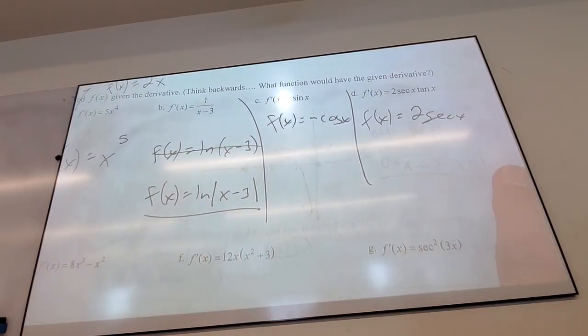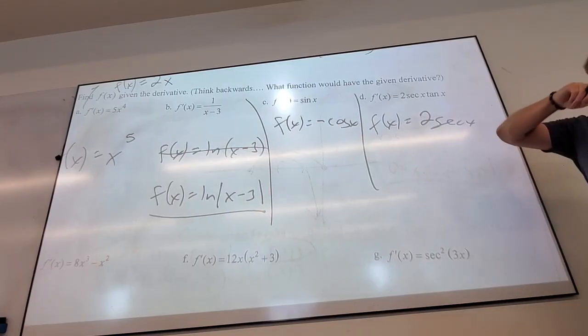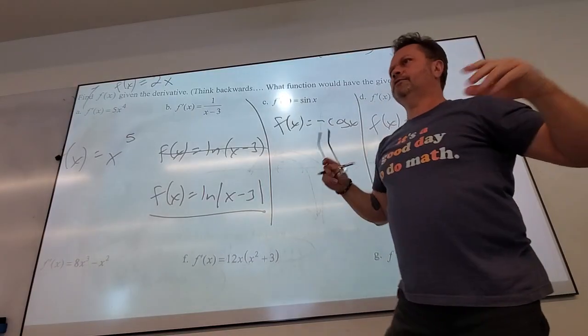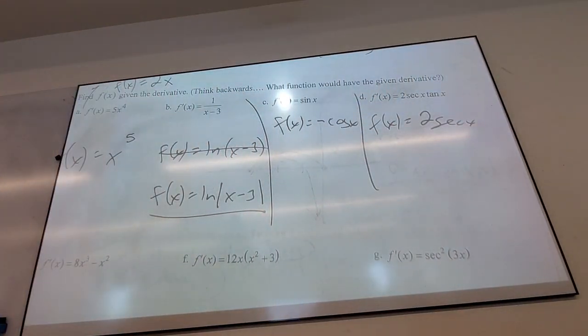So everybody with me so far? You all starting to get the thought process you have to go through. So sometimes you're going to have extra numbers. It's not going to be negative and it was supposed to be negative. So then you can just adjust it. We are totally allowed to do that. We are doing what it takes to figure out what the function was. So of course I'm allowed to adjust it if my first guess is wrong. People don't seem to accept that that's part of the process. You guys get that. It is part of the process.